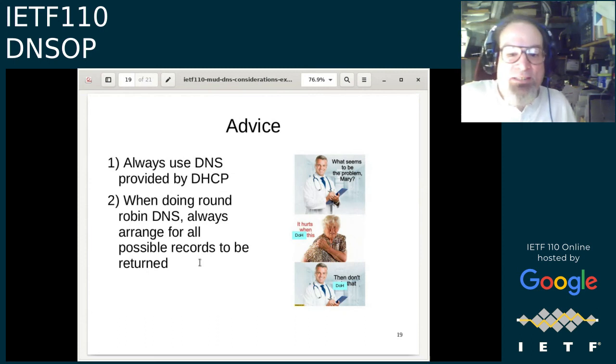They would get a set of addresses that they could try, but you would steer them to the one that you wanted by putting that first. And you're telling me that that's never really worked and never really been a standard. There are other people here who can answer that more authoritatively. But the bottom line is that